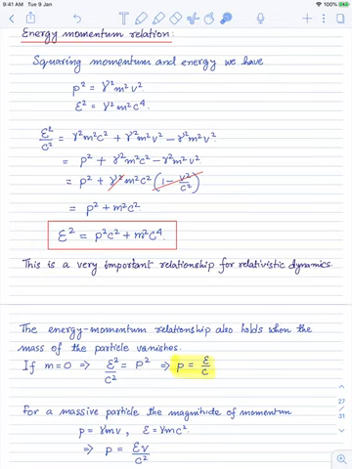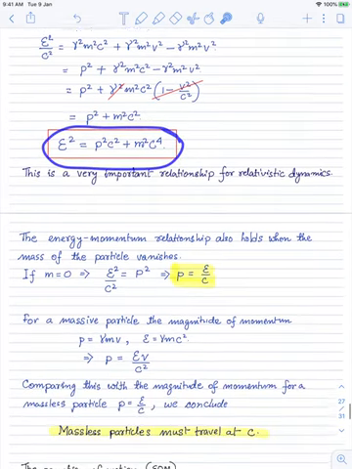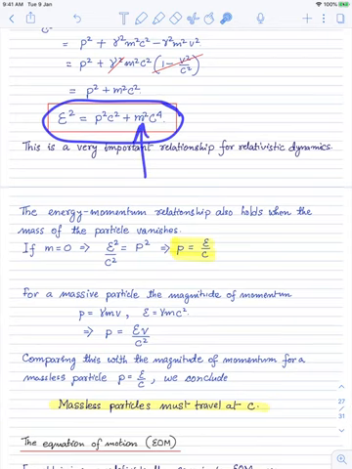Well, there is a way to write down the Lagrangian even if the mass is 0. But again, I'm trying to avoid that discussion here. This energy-momentum relationship is valid even for a massless particle. And if I set the mass to 0, or let's say the mass is so small that it can be ignored with respect to the momentum,